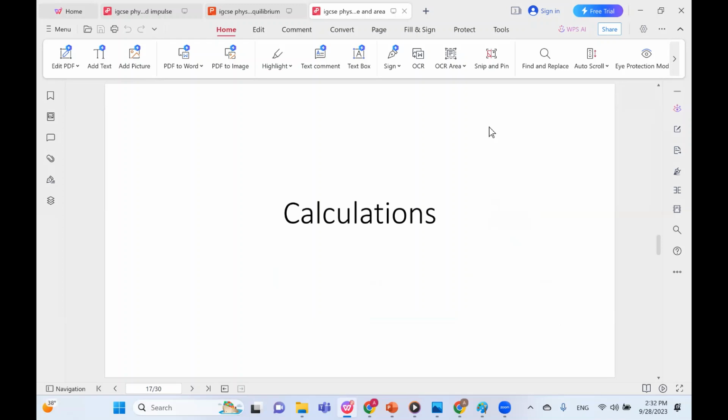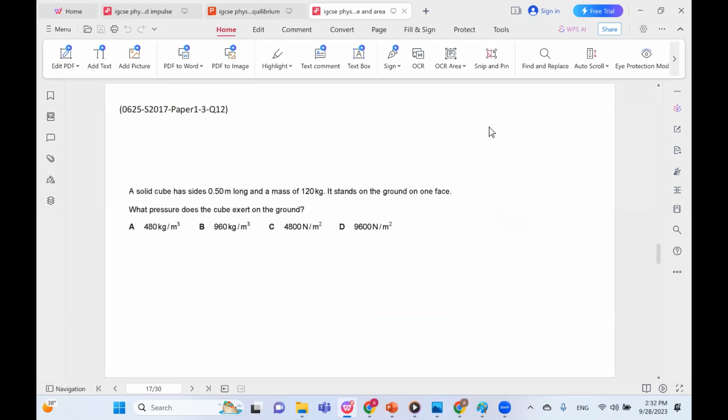Now we move on to questions that require some calculations. So a solid cube has sides 0.5 meters long and a mass of 120 kilograms. It stands on the ground on one face. What pressure does the cube exert on the ground? So we said that pressure equals force over area. Force here is the weight of the block. So this is basically mass times gravity. And this is equal to